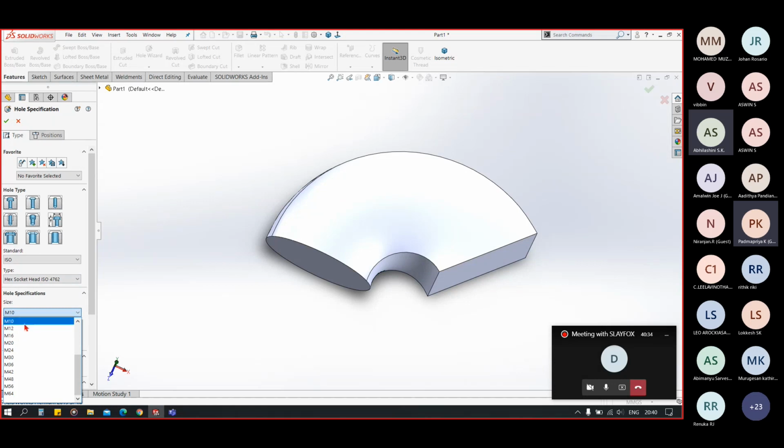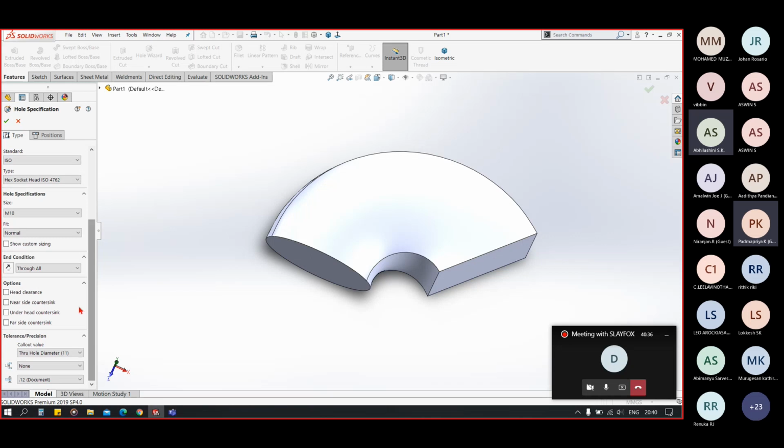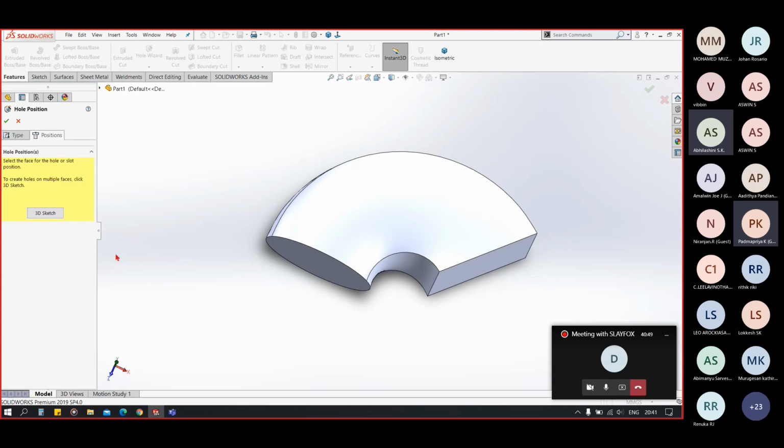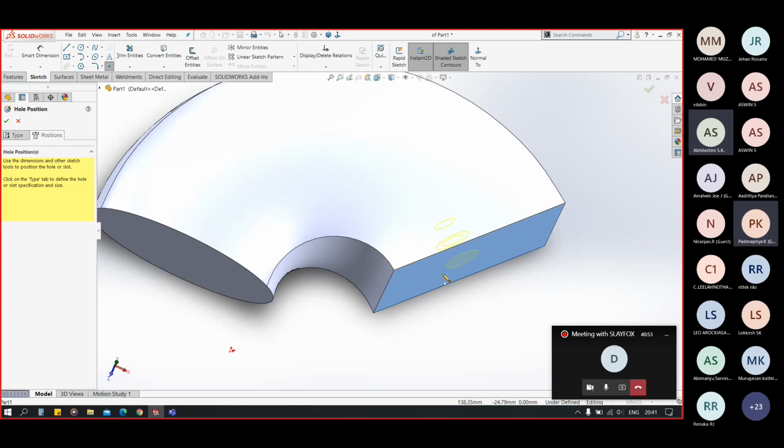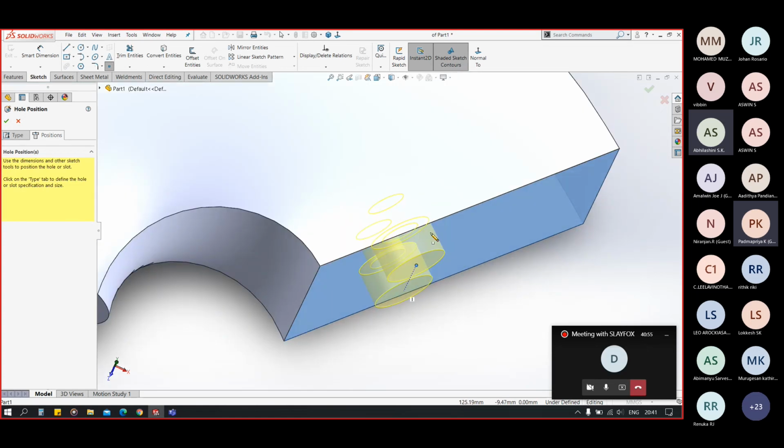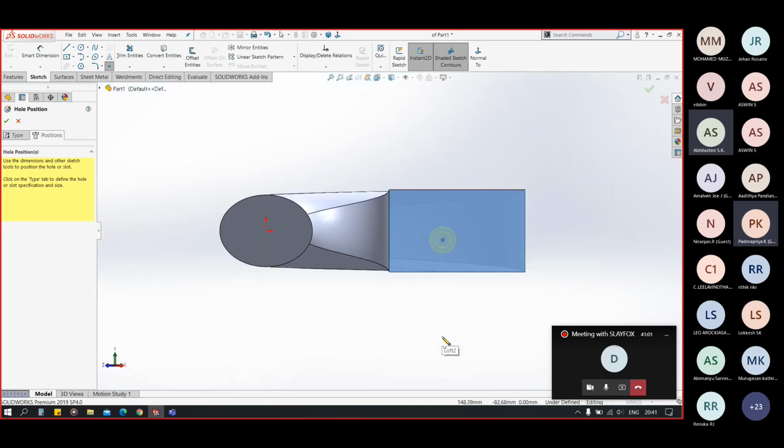Now I have to select the size, and in the end condition I have to select the distance which I want to make the hole. So let's say a 20 mm depth hole. Now in the position tab, click on the surface on which you want to make a hole, press normal view, or you have the shortcut Control plus 8.